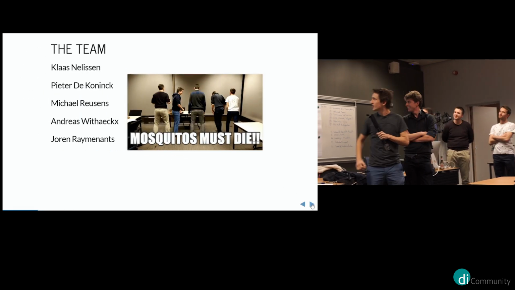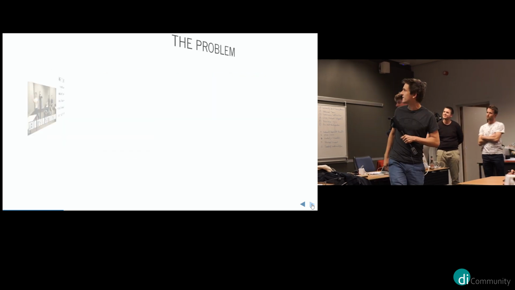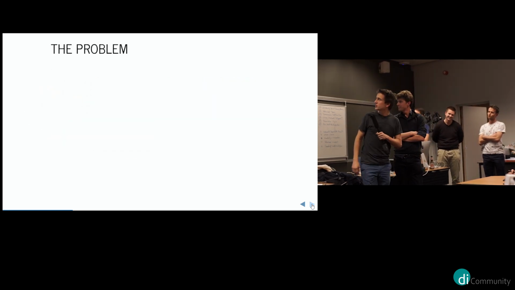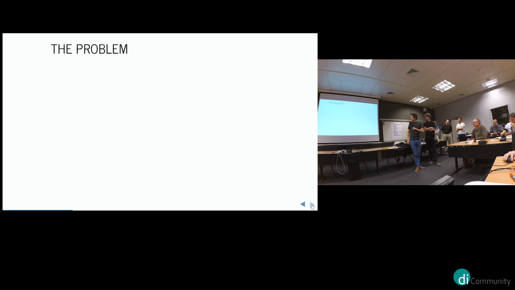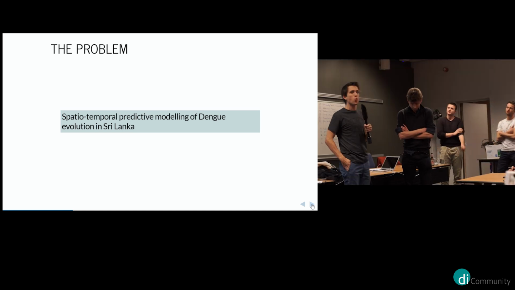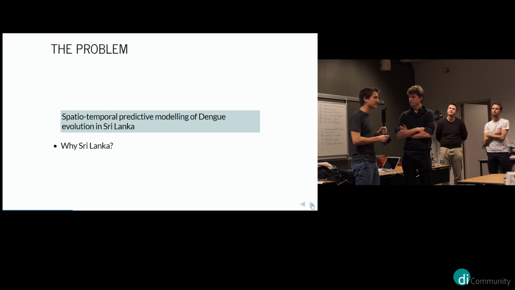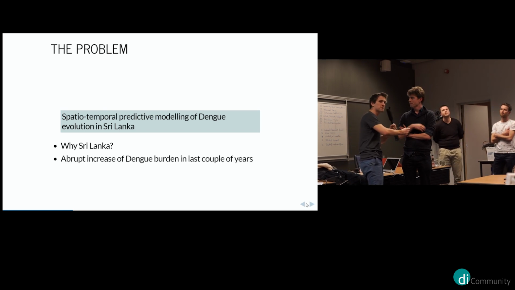This is the team. Mosquitoes must die was our tagline from the start. Next slide, please. What problem did we want to tackle from the beginning? We wanted to do some predictive modeling of dengue evolution in Sri Lanka. Now, why Sri Lanka is a thing you might ask instantly, and that's my cue to pass the mic to